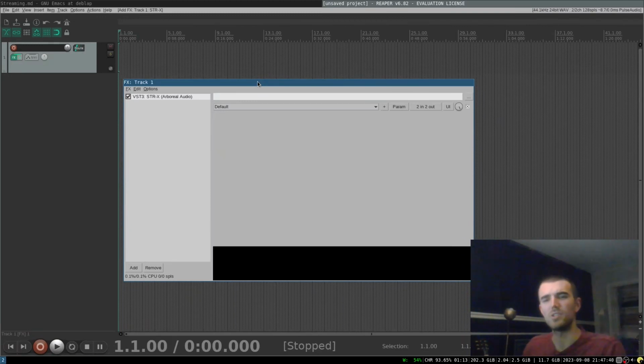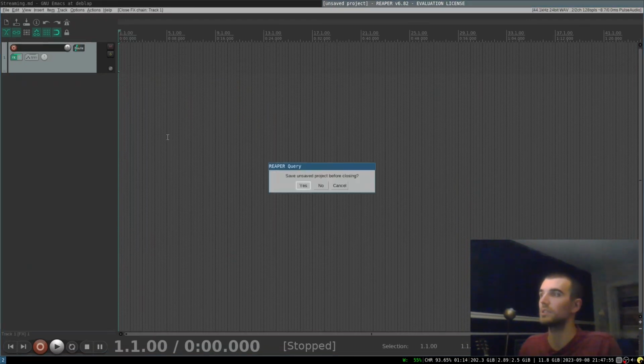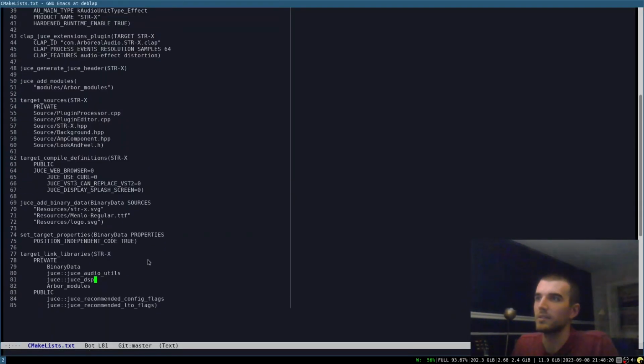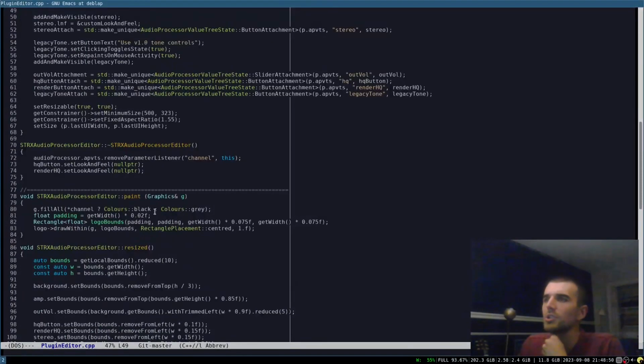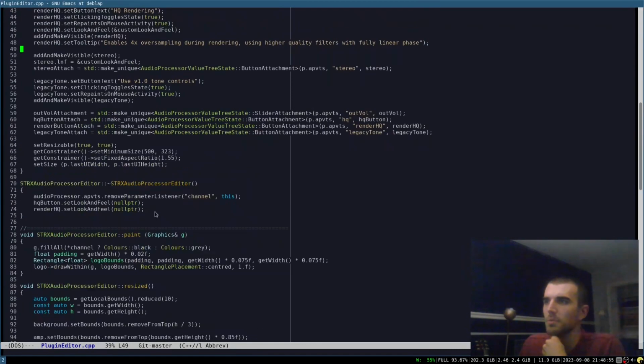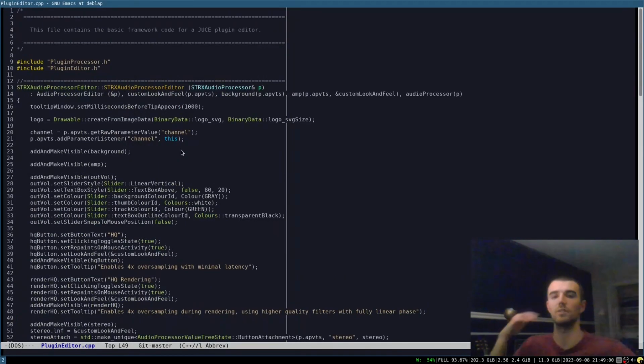I don't think I use OpenGL on this though, do I? I mean, why would I? It's such a simple UI. If I'm using OpenGL, that's really dumb. Yeah, no, I'm not seeing OpenGL being linked here. Yeah, I'm not attaching an OpenGL context. That would be a bug if I were. I mean, it wouldn't even compile. So it could be a mismatch between dependencies and what we have on our system, required dependencies, and what we have available.